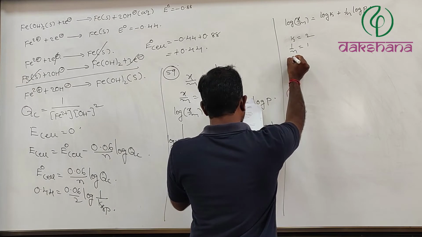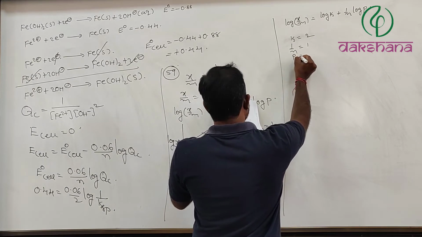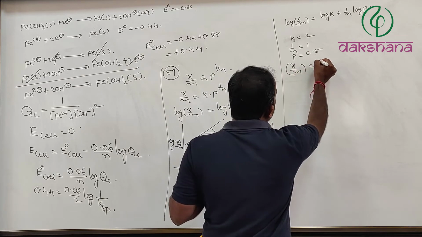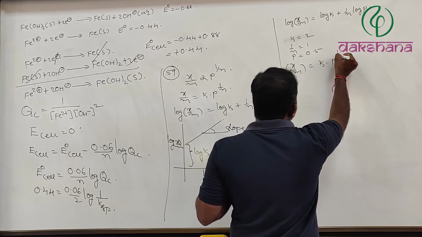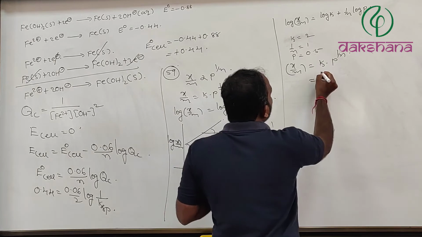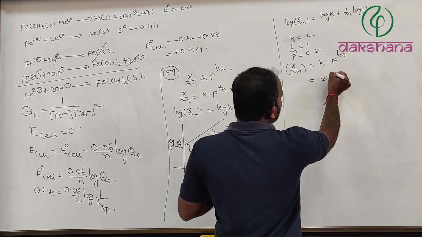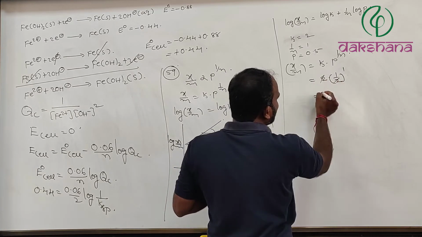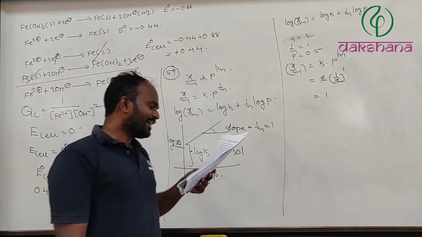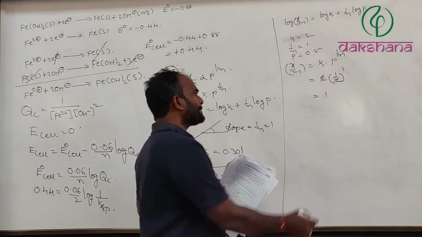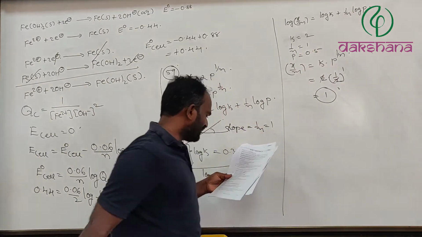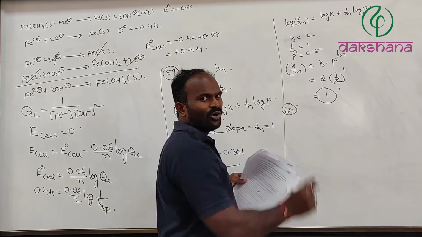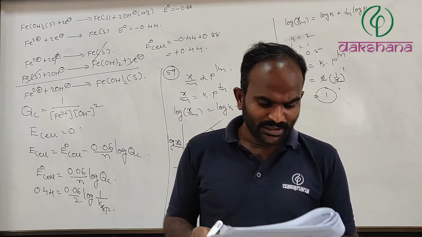Given that p is equal to, how much is p given? 0.580. So can we do it like this? x/m = k·p^(1/n). Now the k value is 2, the p value is 1/2, so the 2 gets cancelled and that is equal to 1. So the x/m value is equal to 1. Check with this, it's a simple problem, not very complicated or difficult.